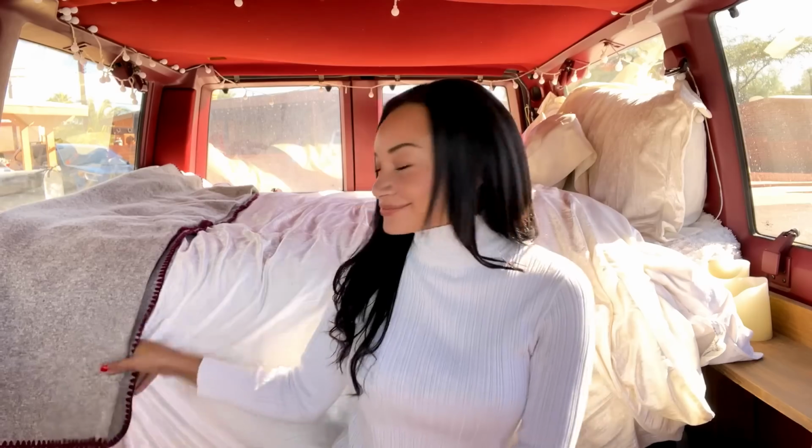The next thing I invested in this winter was a wool blanket. It's this one here. Again, this was another blanket that I just ordered off of Amazon, but I would have never known about wool blankets until when winter first hit here and I was freezing, so I didn't have any winter gear, and somebody let me borrow their wool blanket. It made a huge difference as far as insulating my body. So when I gave the wool blanket back to my neighbor, I ordered my own,